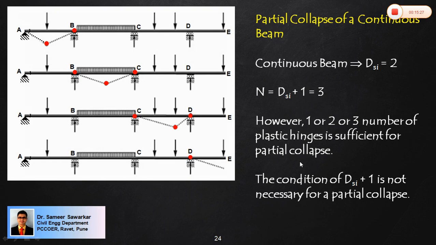We have seen complete collapse of a determinate beam and an indeterminate beam. There is also possible a partial collapse and which is also not desired at all. So students should do well to remember the difference in complete collapse and partial collapse, and also students should remember that even partial collapse is not desired. We cannot have collapse in any part of the structure, and of course we are not waiting for complete collapse of the structure. Partial collapse of a continuous beam.